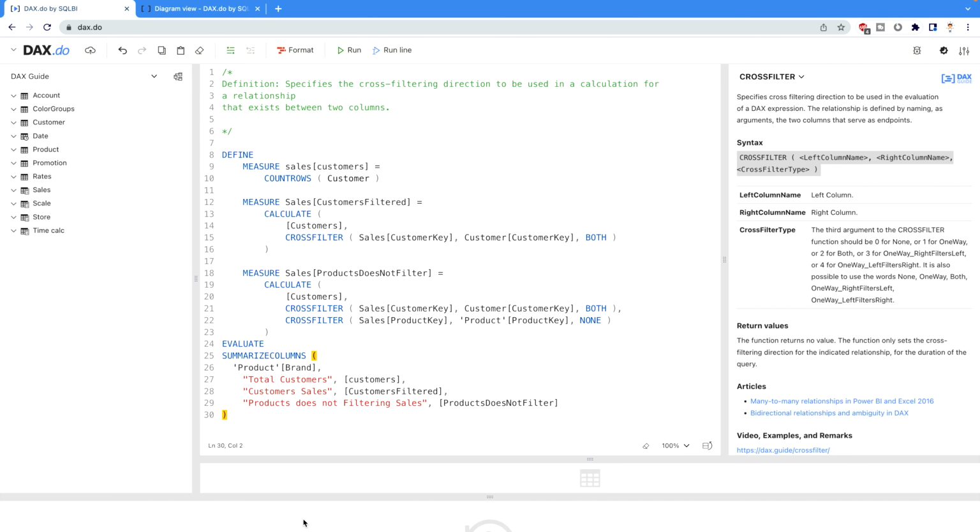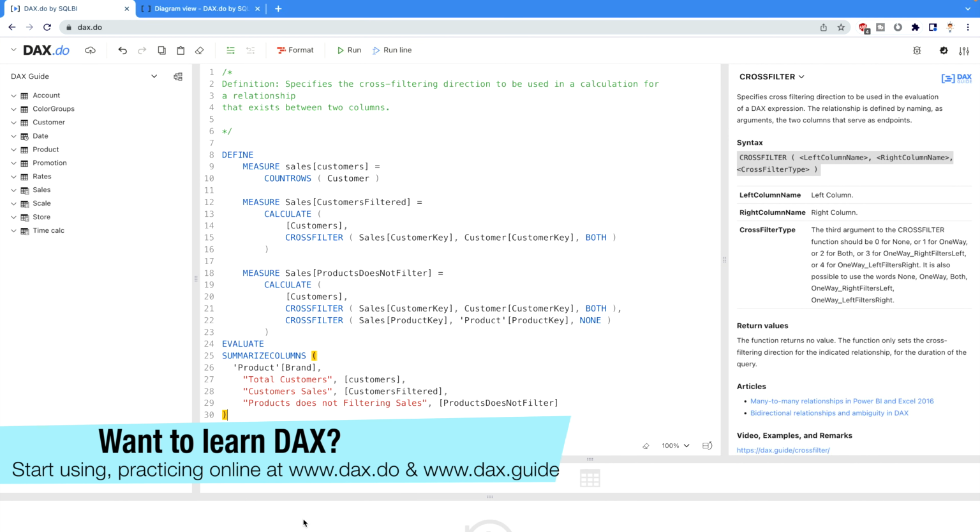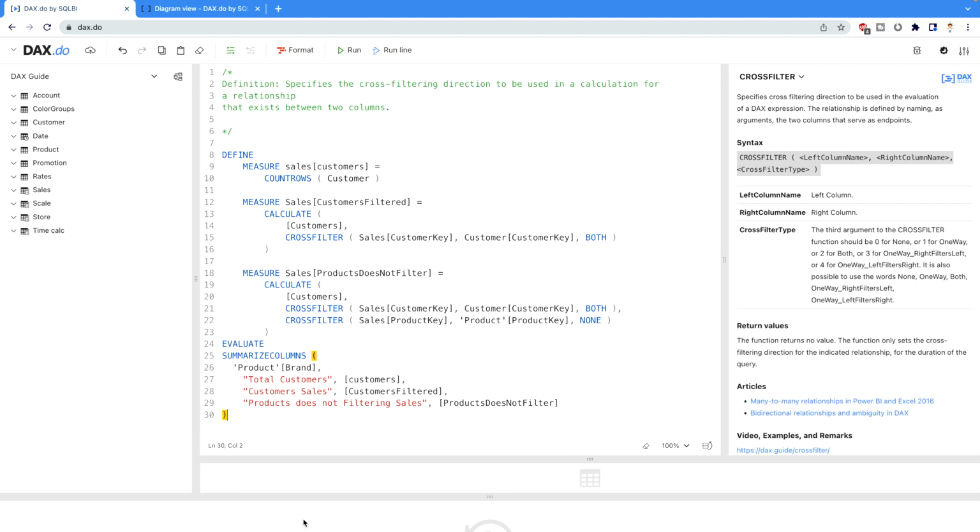Over here on your screen, you can see that I'm using the website DAX.do. So if you are also one of the people who really wants to learn DAX, you can use this website. Not only that, there's another website, DAX.guide, which I have already explained in my previous videos. If you really want to learn DAX or try things out, please go to these two websites where you can get complete information about the DAX functions, and on DAX.do you can